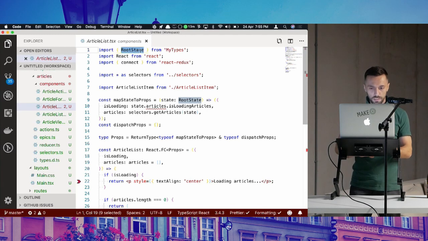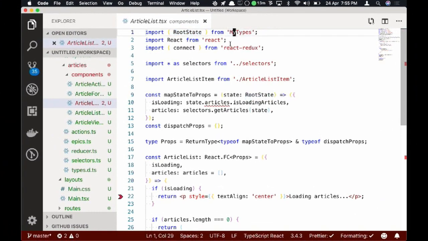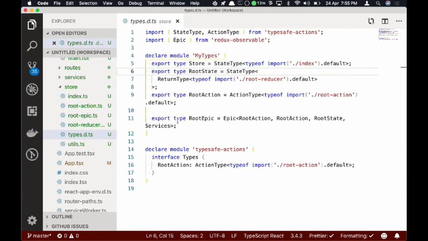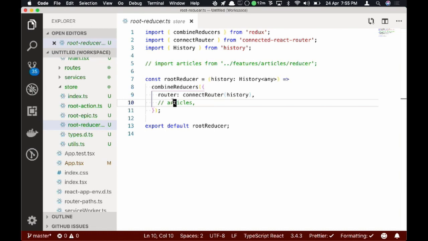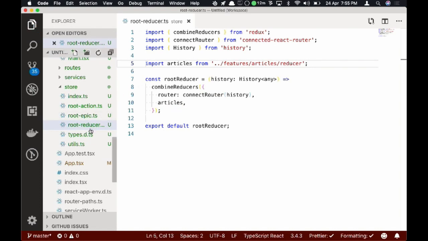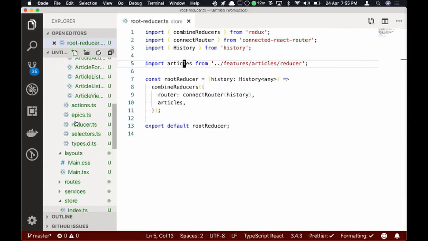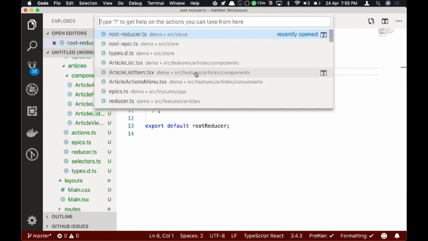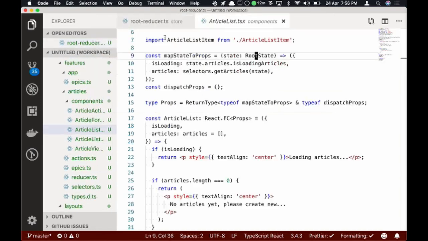First, I will import root state from my types. Then, oh, something. Let me check what's wrong here. Reducer, sorry. Okay. Close. Okay, now it's okay. Let's open article list, and